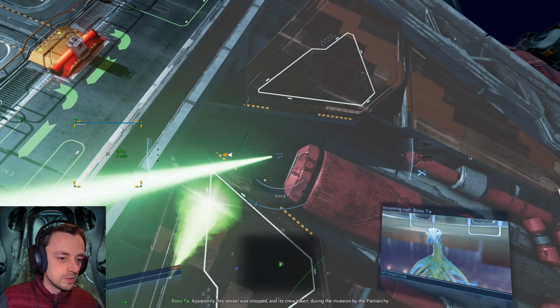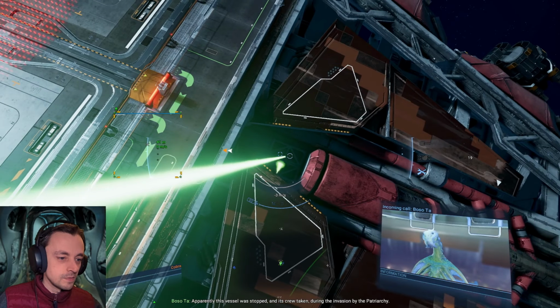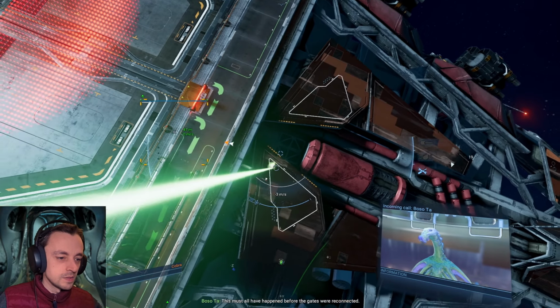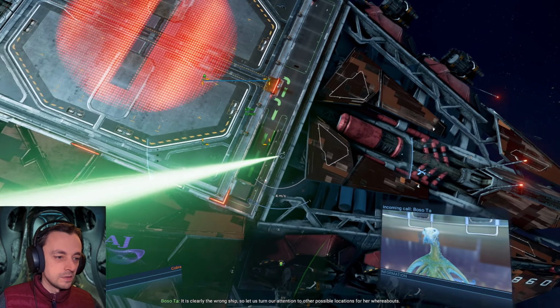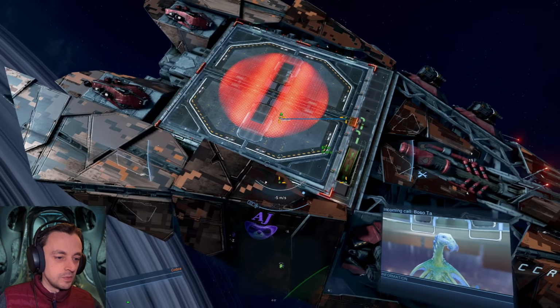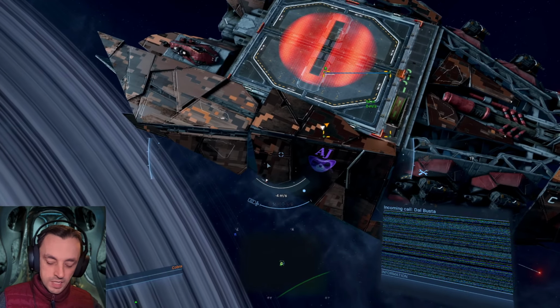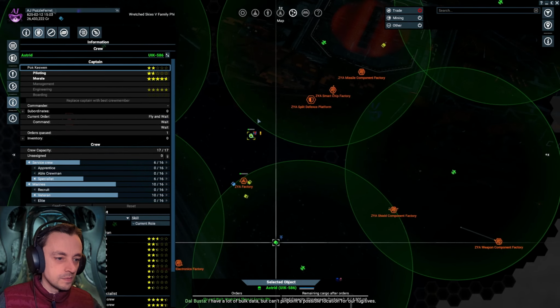Apparently, this vessel was stopped and its crew taken during the invasion by the Patriarchy. This must all have happened before the gates were reconnected. It is clearly the wrong ship. So let us turn our attention to other possible locations for her whereabouts. It is clearly the wrong ship. We will send it somewhere to be mended. The others, right. I have a lot of bulk data, but can't be...